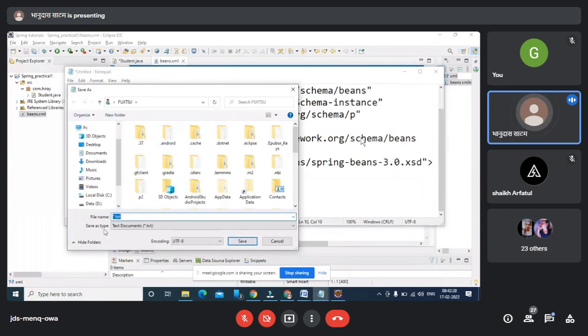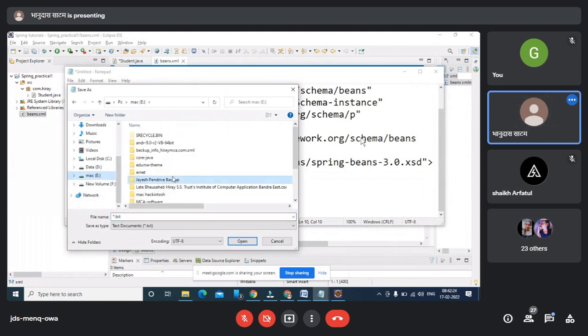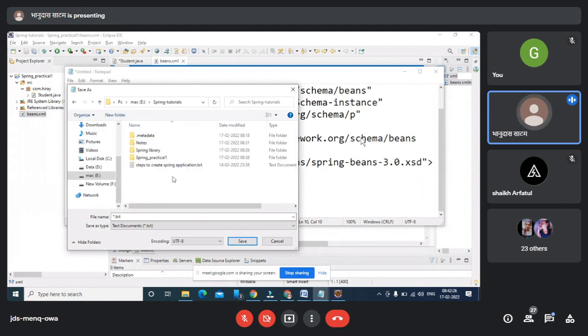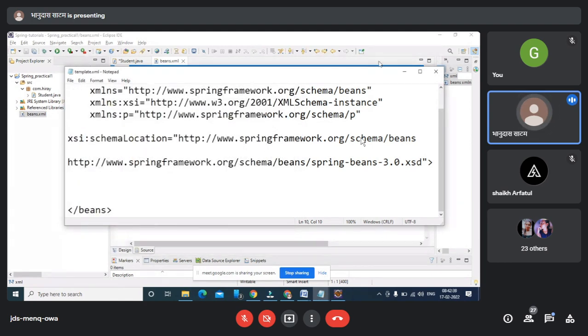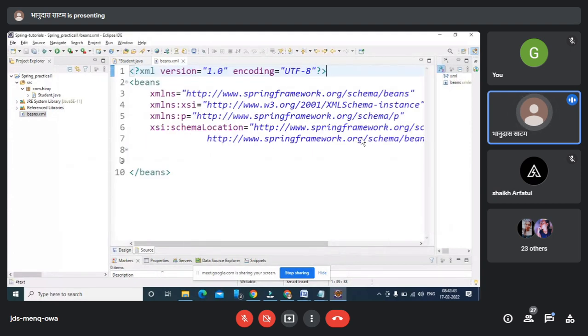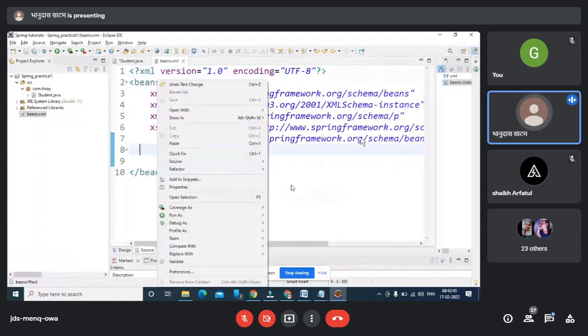You give any name to that particular application. So under Spring tutorial, I'm just writing a template for XML. Template.xml I'm just using. You can replace this with some different name here. So this is my template XML, and every time I'm going to copy paste this.